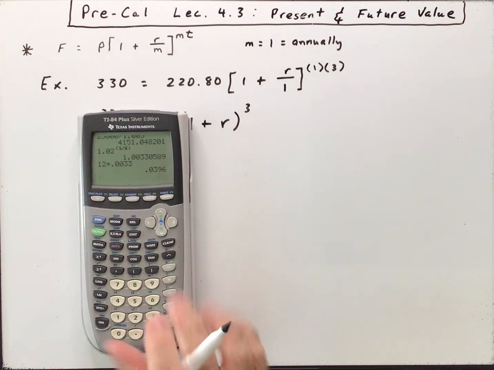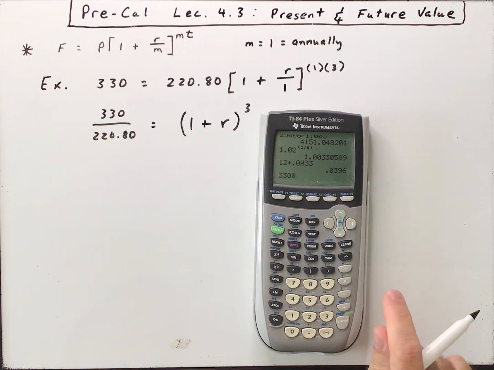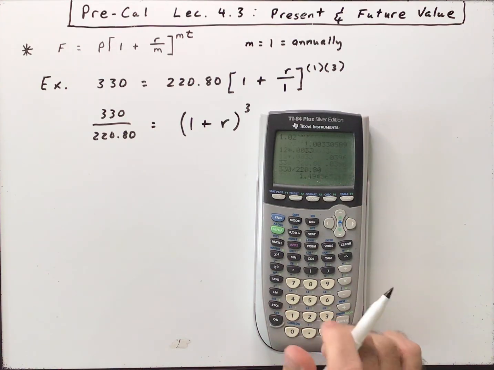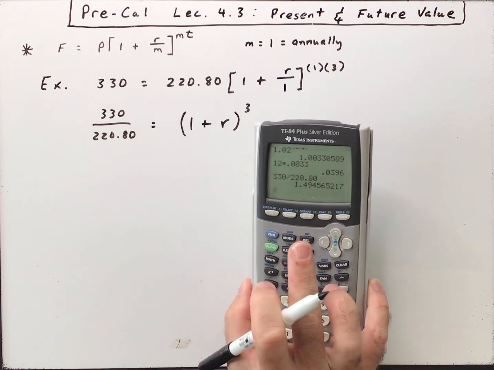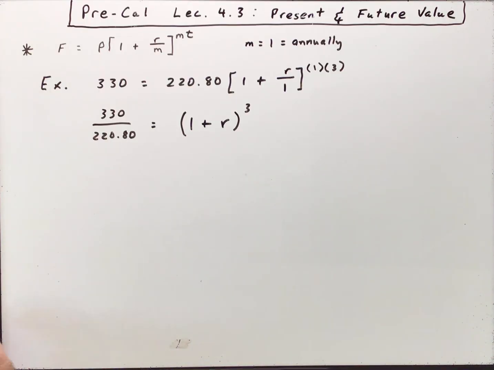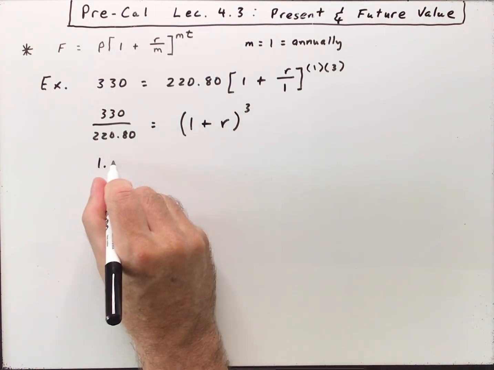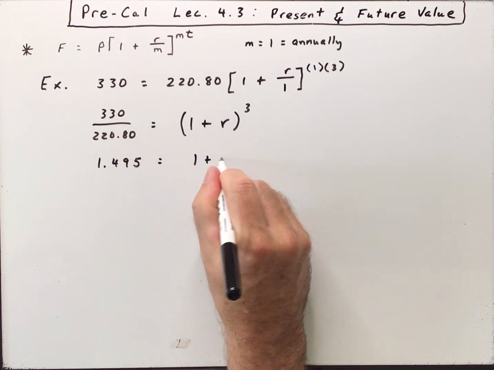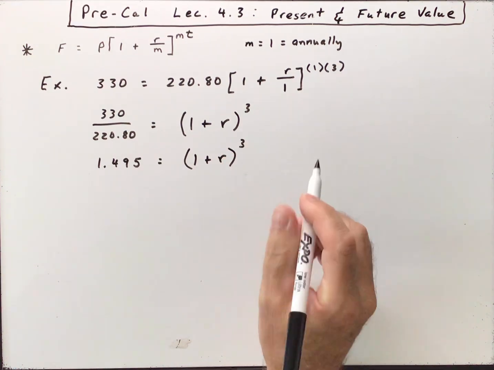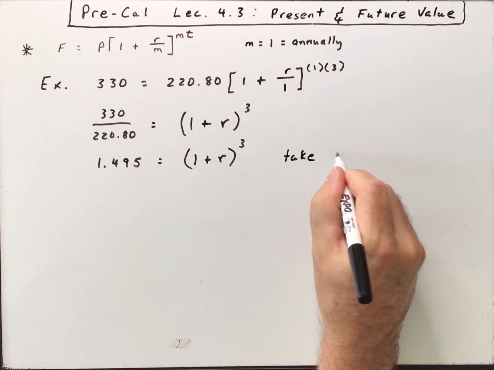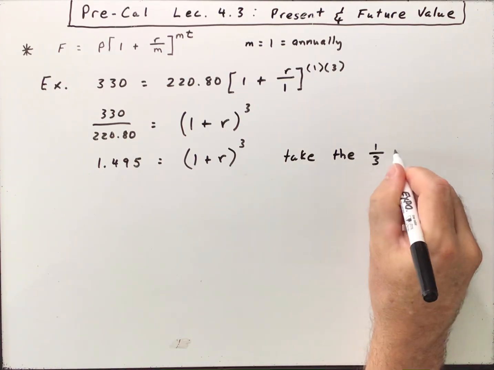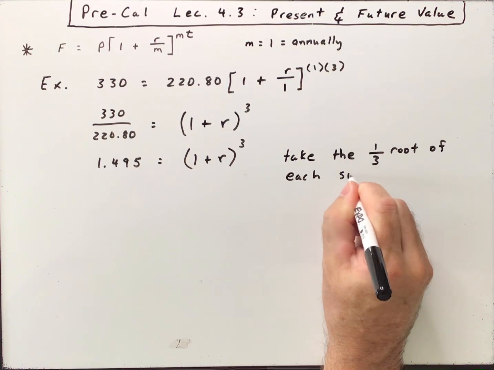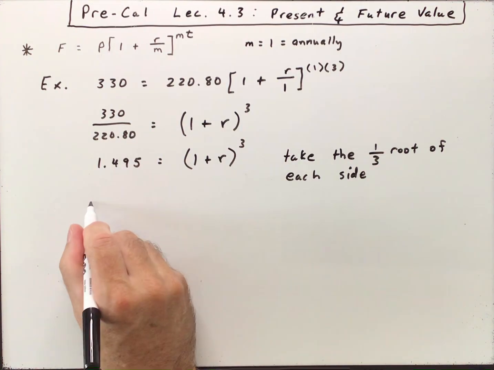So 330 divided by 220.80 is 1.495. All right, so don't round too much. And that is equal to 1 plus R cubed. So let's take the 1/3 root of both sides, each side. If you only do it to one side, that is not legal. It's no longer the same equation. So